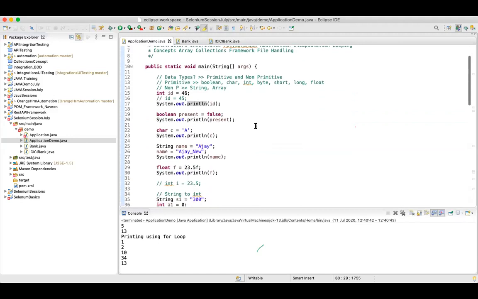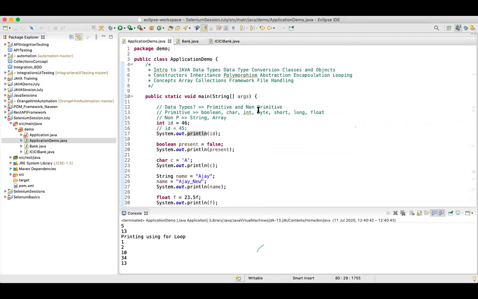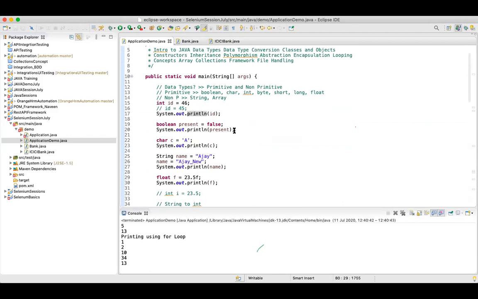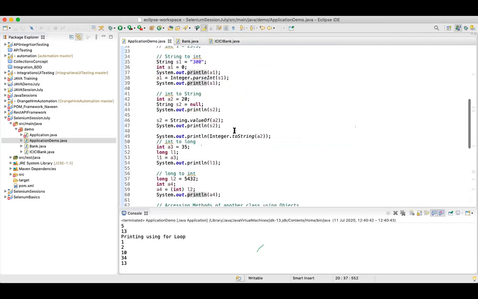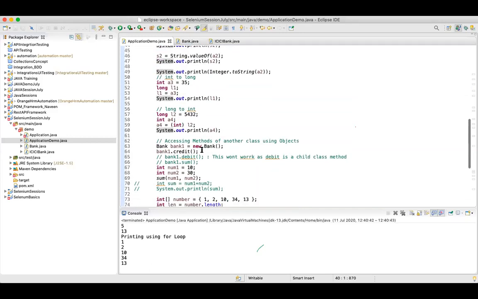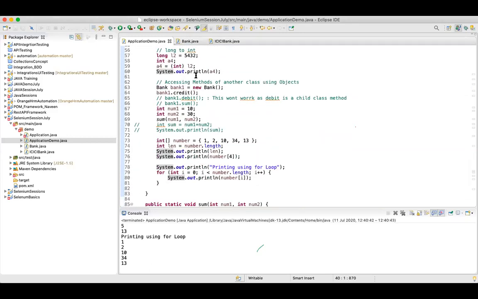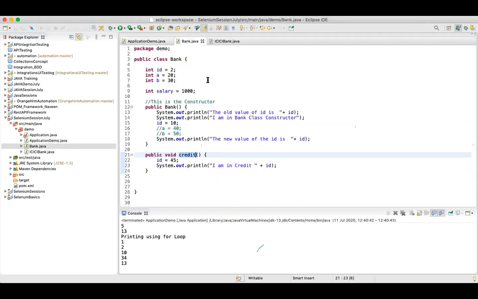For example, we saw what a class is, what an object is, what the data types in Java are, the different data types present in Java, and then how you define a variable and store values in it. Then how you access it, and how you use data conversion, how you convert from one data type to another, for example integer to string and then string to integer. Then we saw what exactly a class is and what exactly a constructor is.